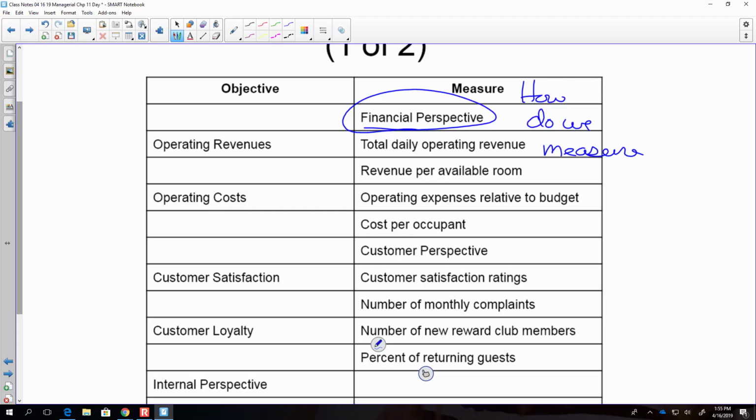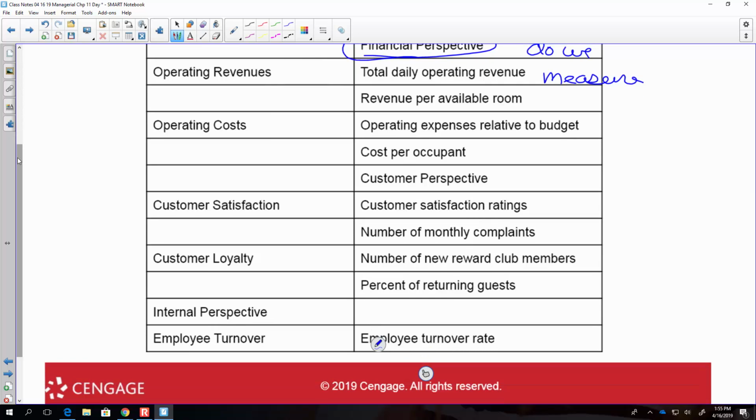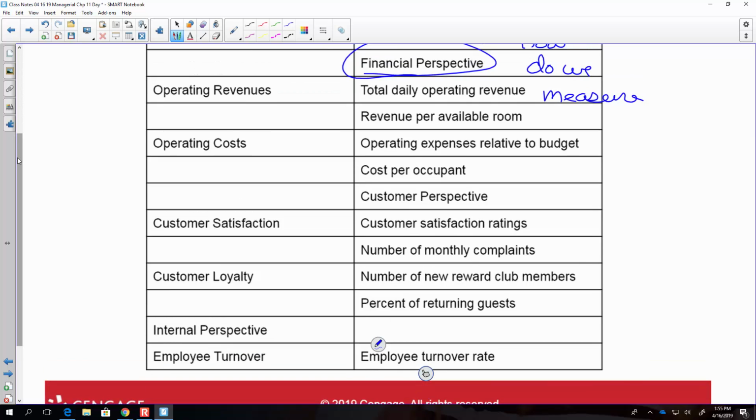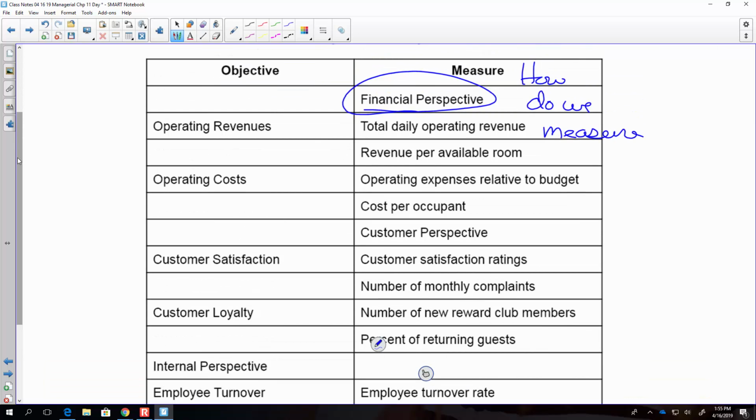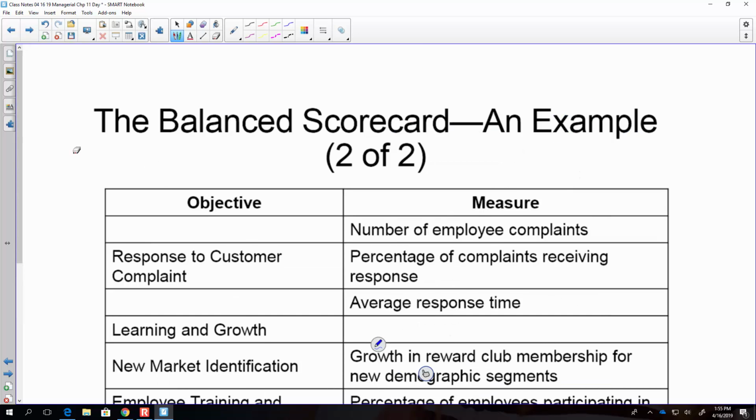So on the test, you might be asked, well, we have a cost per occupant or a revenue per room. This is a hotel that they're analyzing here. Well, what perspective of the 4, which one does that fall into? Well, this would be a financial perspective. If you look at, maybe a better one would be,